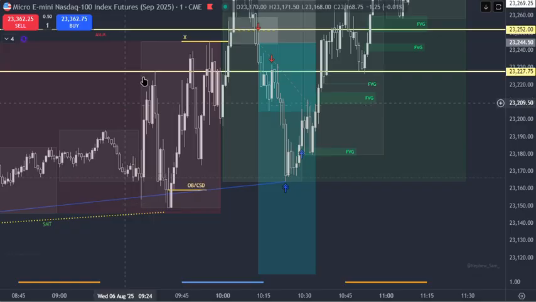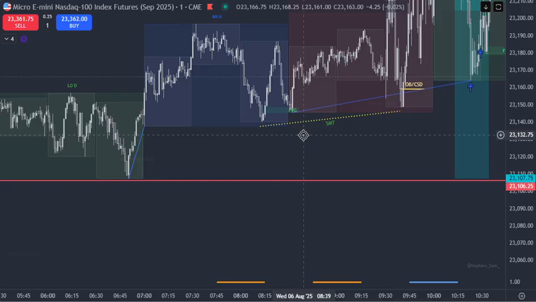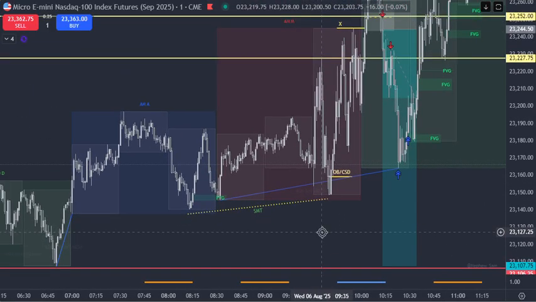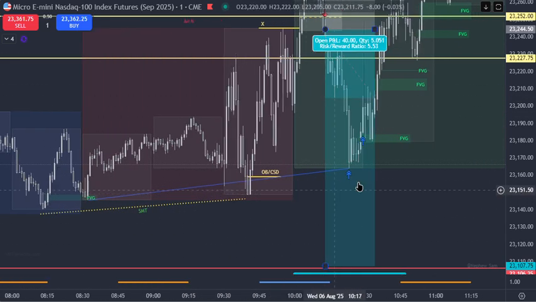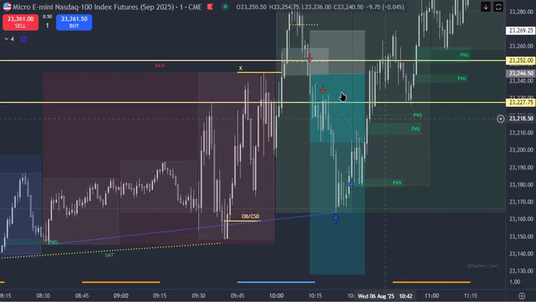Because we had SMT on both sides of the market, you really don't know exactly which way we're gonna go, right? Because I'll show you the higher time frame. It could have gone either way. It was 50-50 to me on the bigger time frame. So I enter there, and then